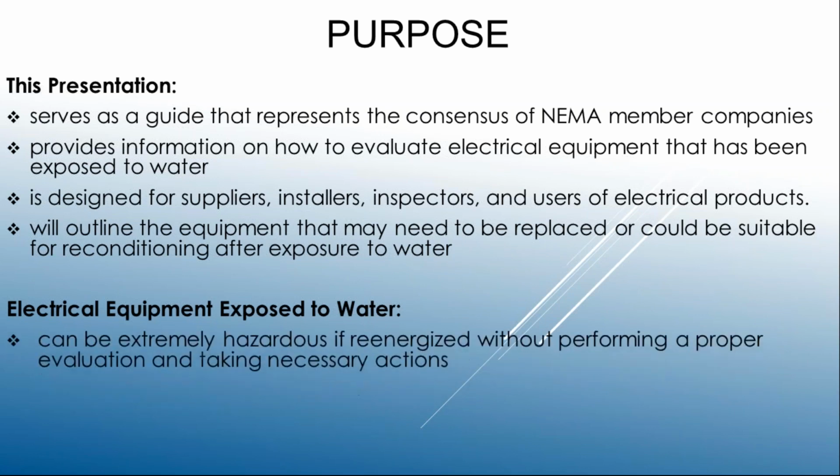to assist you with those evaluations. And we know that the hazards are real, and this comes directly out of the document. It's kind of a misnomer that water and electricity don't mix. That's not exactly true. We have many products that are completely suitable for wet locations, that can withstand moisture, can be completely submerged. So it's just simply understanding the right product for the right location,